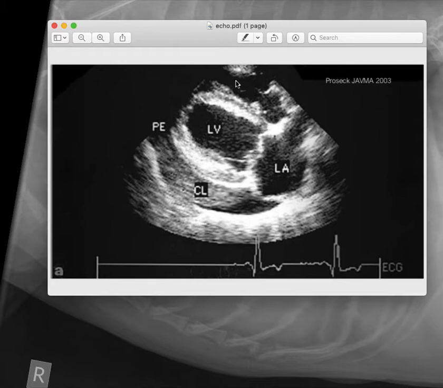So here we have an echocardiographic view, which is an ultrasound of the heart. This is a long axis right-sided view. I say that it's right-sided because the echo probe would have been up here on the right side of the dog's rib cage. Here in the far field, or further away from the probe, we've labeled the left atrium and the left ventricle.